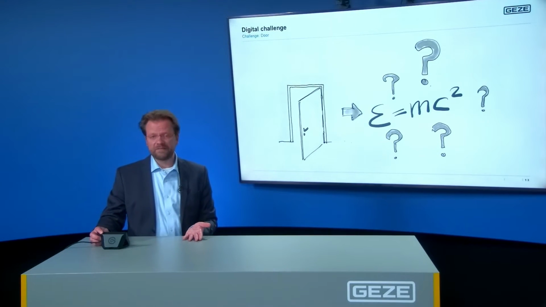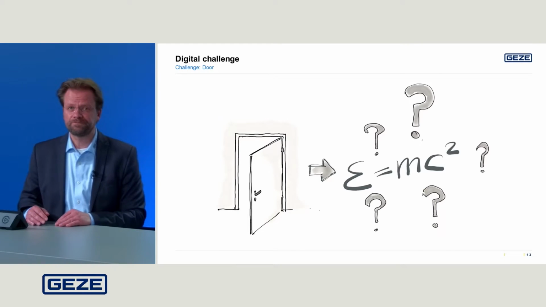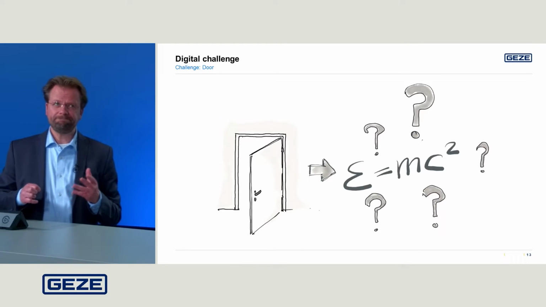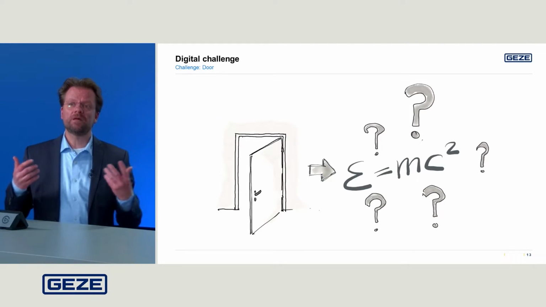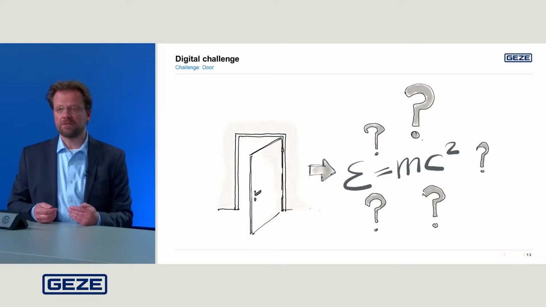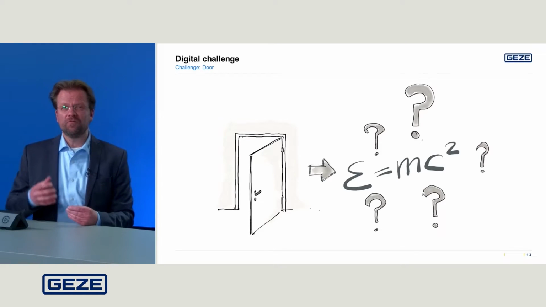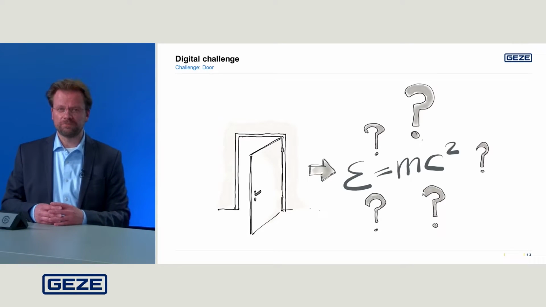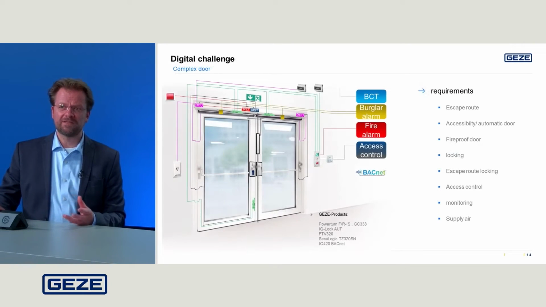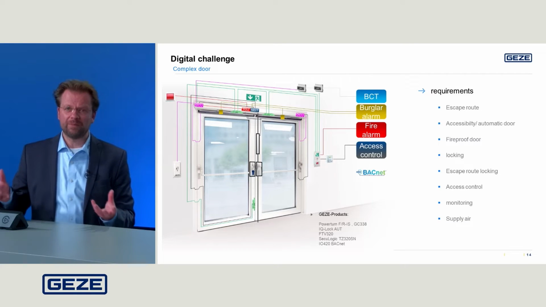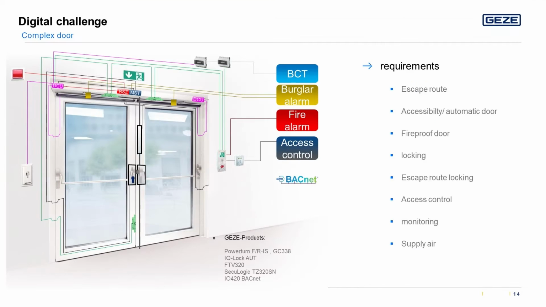The door is complicated. Doors are sometimes things where many requirements come together. So for us it was quite hard to find a way to get all the information inside one door. It's these things we are talking about. Is it complicated when we talk about cable plans, for example? Here we have an example of a door. Well, let's put it into a hospital, for example.